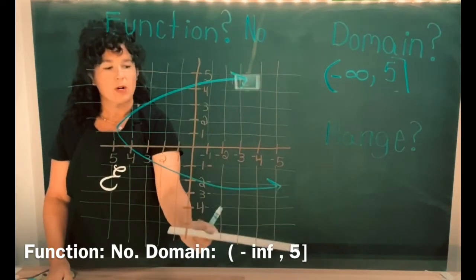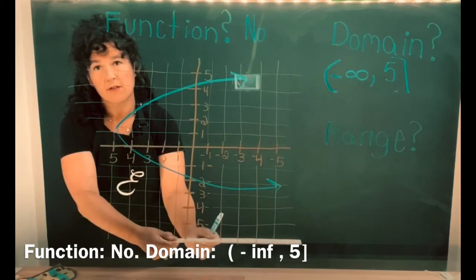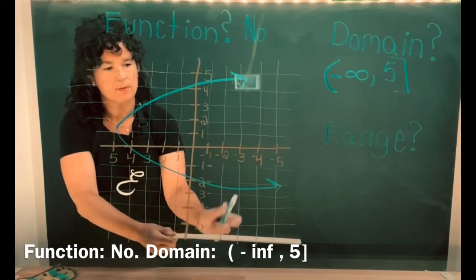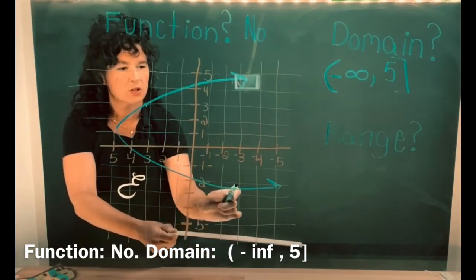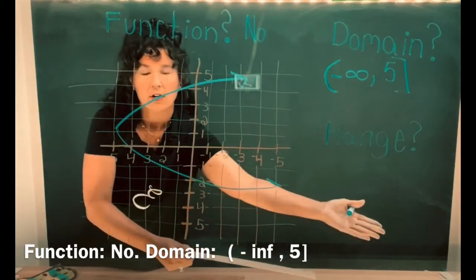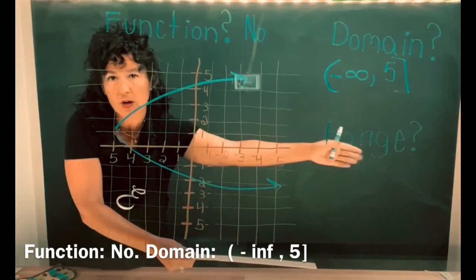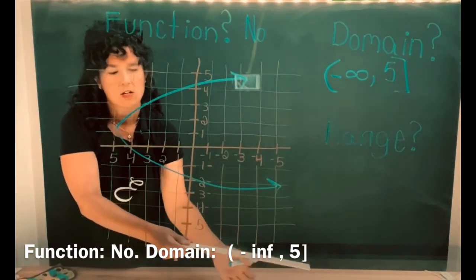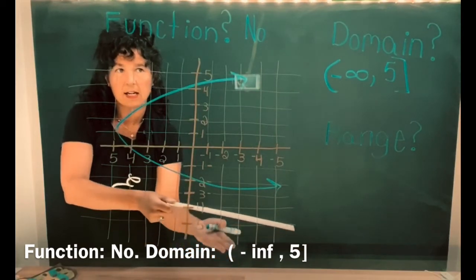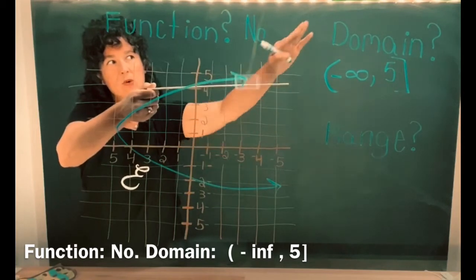As for range, we want to go with a horizontal line from bottom to top, and we want to see when are we in contact. Well, I can't move this down far enough so that the graph is above it, because this one here is going down and it has an arrow, so it's going down forever. No matter how far I move this line, at some point way over there, we're going to be in contact. So from negative infinity, and we remain in contact,